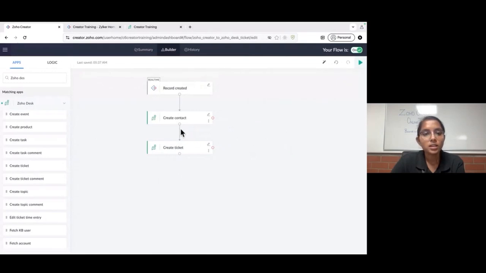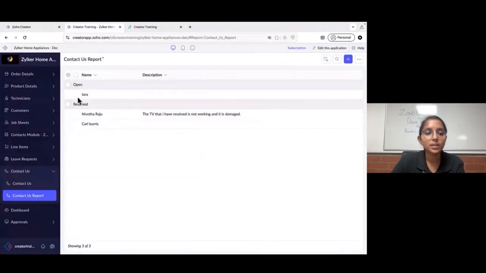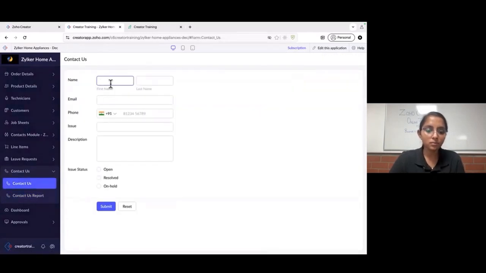Right? So now this is completed. What we can do, we can test and debug if this is working or not by entering a dummy data into it. So I'll enter here into the contact us form and give my information. I'll give a different name and email. I'm adding a demo email here. I'm adding phone number. Now for the issue, let me give